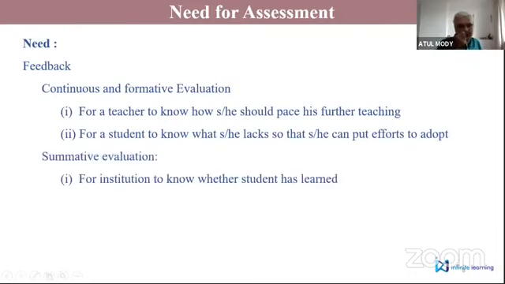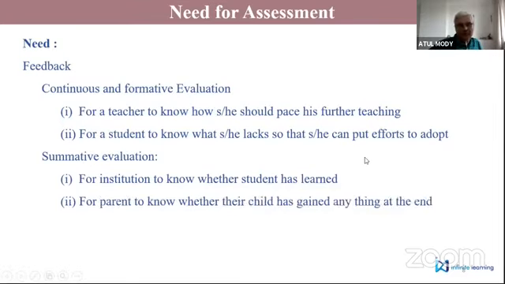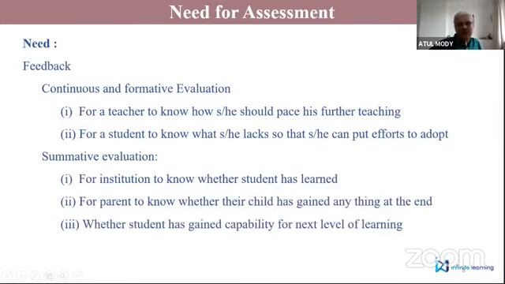And of course, there would be a summative. I mean, this is no more an exhaustive list. This is just a sample. Summative evaluation, of course: the institution would like to know whether students have learned. Parents would like to know whether their children are learning. Students, of course, would like to know whether they are doing well and whether they have the capability to go to the